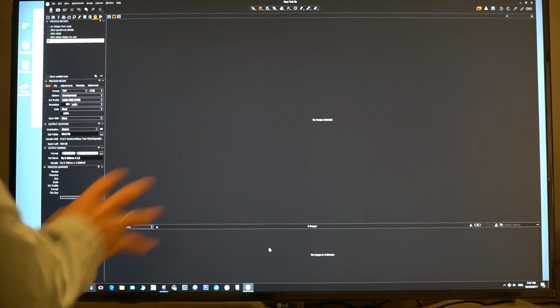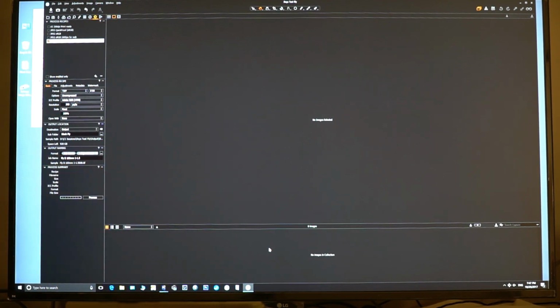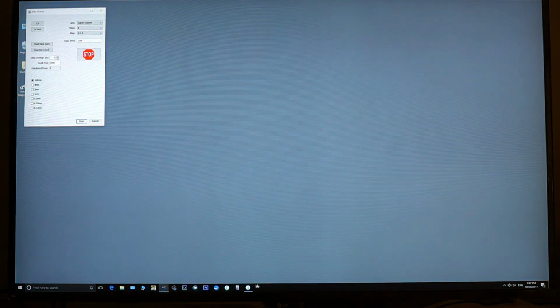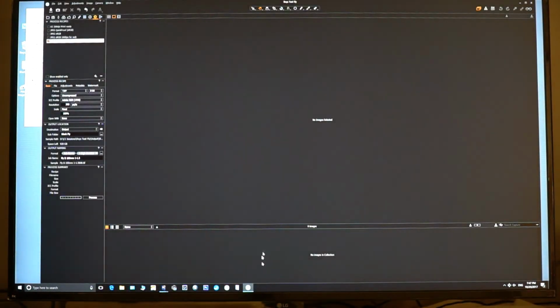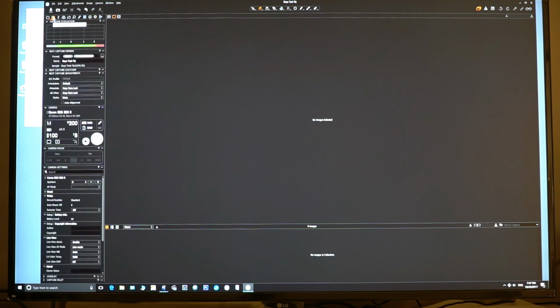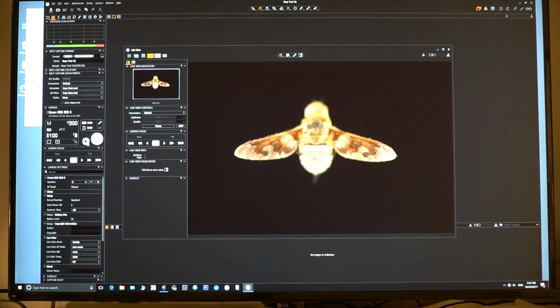Okay, I tried to zoom in on the monitor to give you a bit of a better view. I also reduced the size of Capture One so I can keep my lift program floating in the back and not have to have my programs disappearing all the time. Anyway, I'm ready to go ahead and hit Live View and see what we've got here. So I'm going to go into my camera control, turn on my modeling lamps again, hit Live View, and there we have our specimen. I'm going to go ahead and get a focus